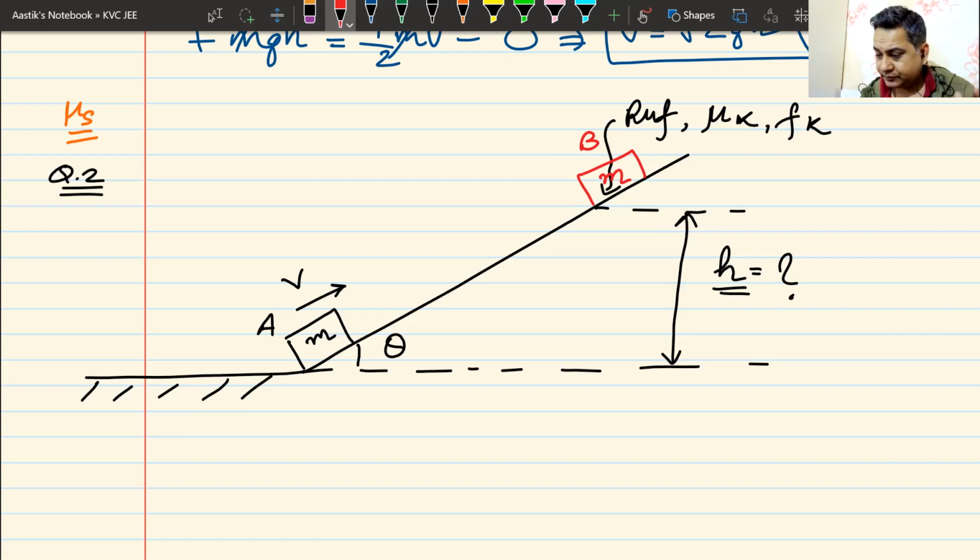So I have to find the height. I've given it a velocity v. Whenever I have velocity, whether velocity is given or velocity is asked, I should be 99.9% sure that this question has to be done by the work energy theorem. So the hint to solve this question is that you have to do it using the work energy theorem. Now, how do I apply this work energy theorem?